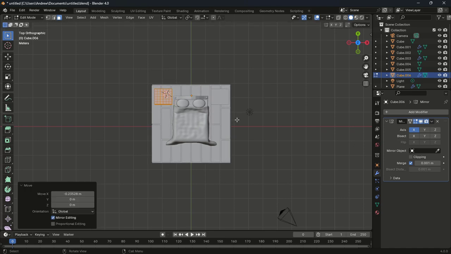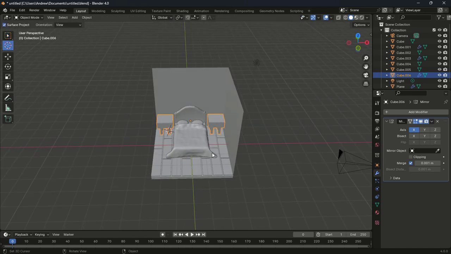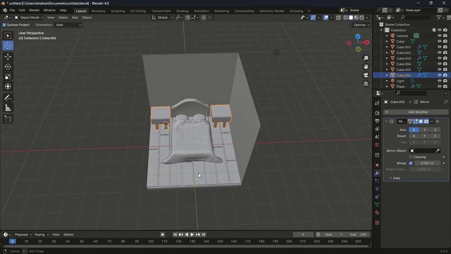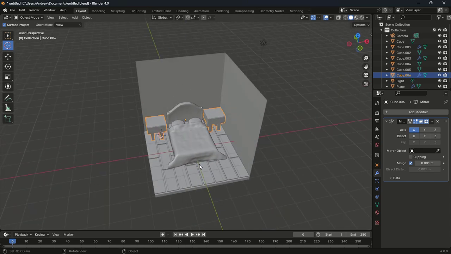Okay, I think this is good. Now I'm just going to tap back to edit mode. Now you can see we have our two lamp stands. Now the next thing we are going to do is to make the bookshelves over here and the locker over here. Now to do that, just go